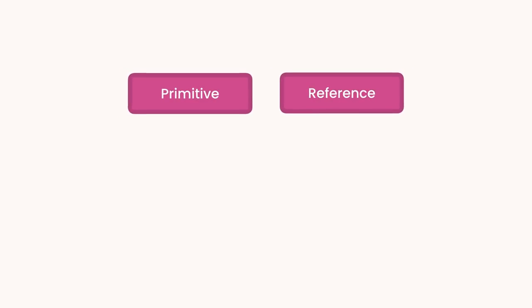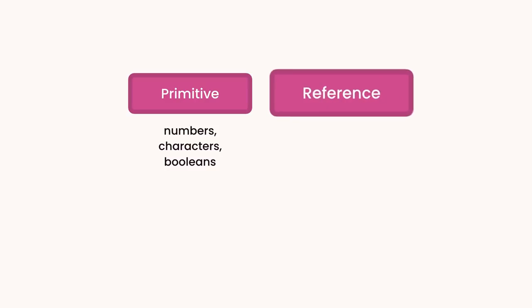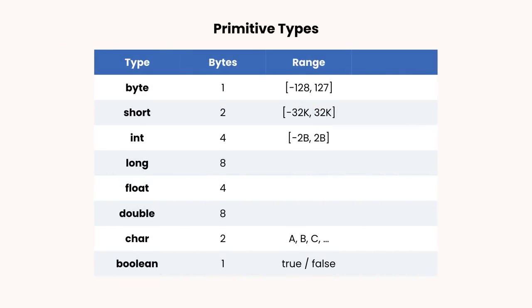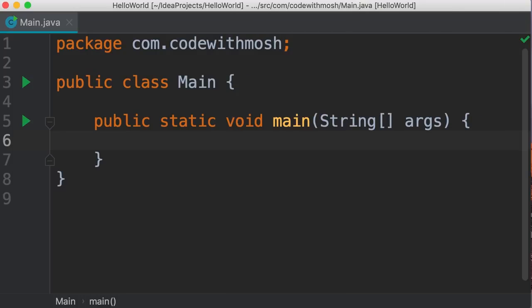In the last tutorial, you learned that we use primitive types to store simple values like numbers, Boolean values, or single characters. In contrast, we use reference types to store complex objects like date objects or mail messages. These are complex objects. Now in Java, we have 8 primitive types that you have seen before. All the other types are reference types. Let me show you an example.